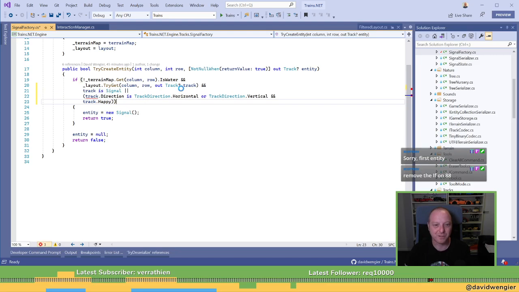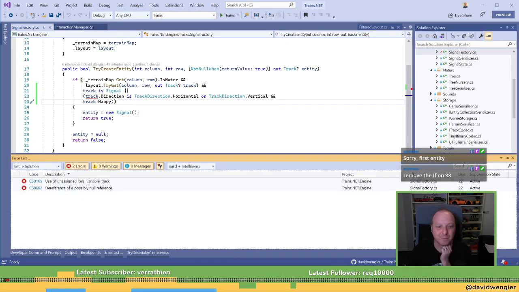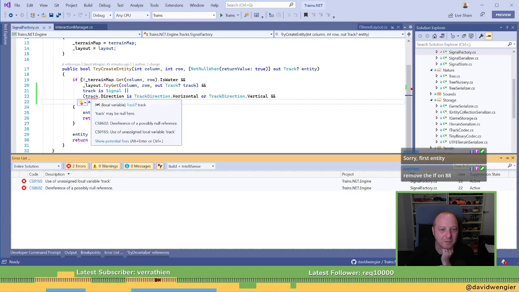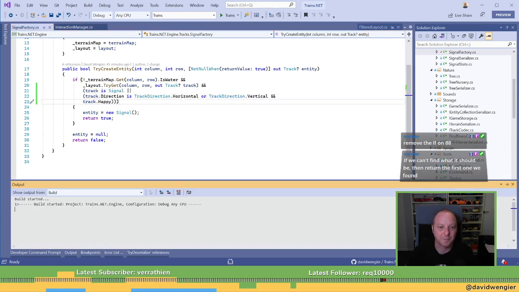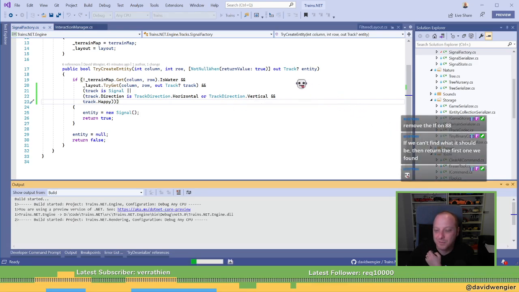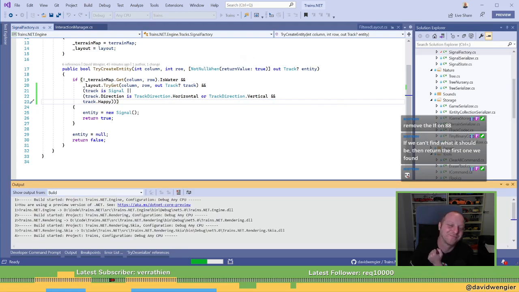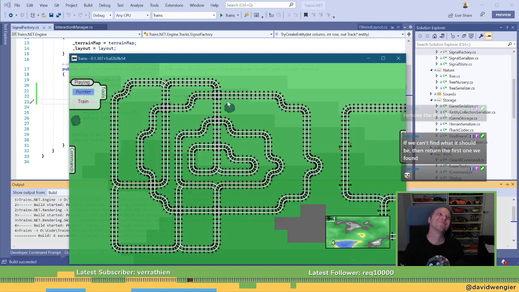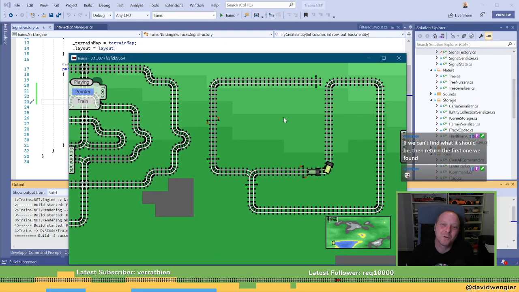This should fix it too, though, right? I think. It's a bit weird. What? Oh. That. Yeah. If we can't find what it should be, then return the first one we found. If we can't find what it should be, but why?